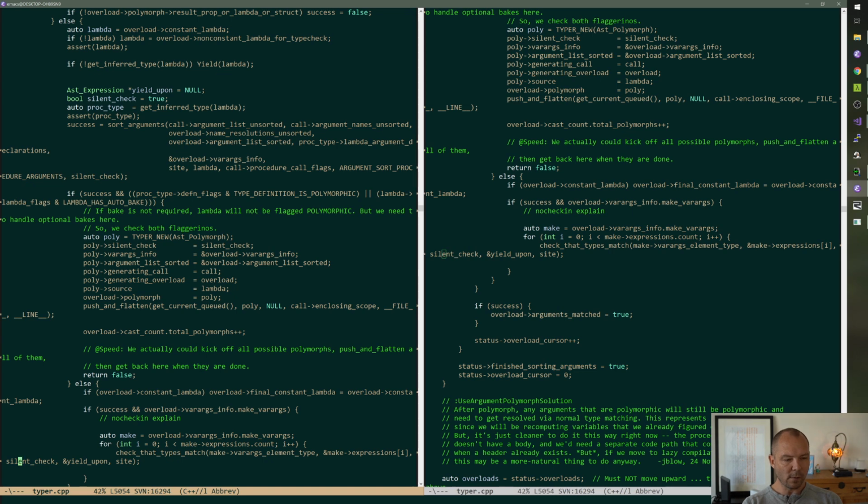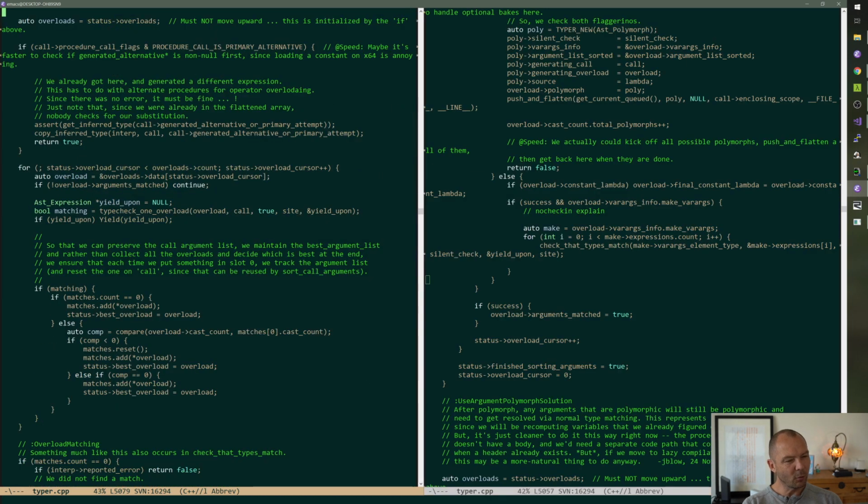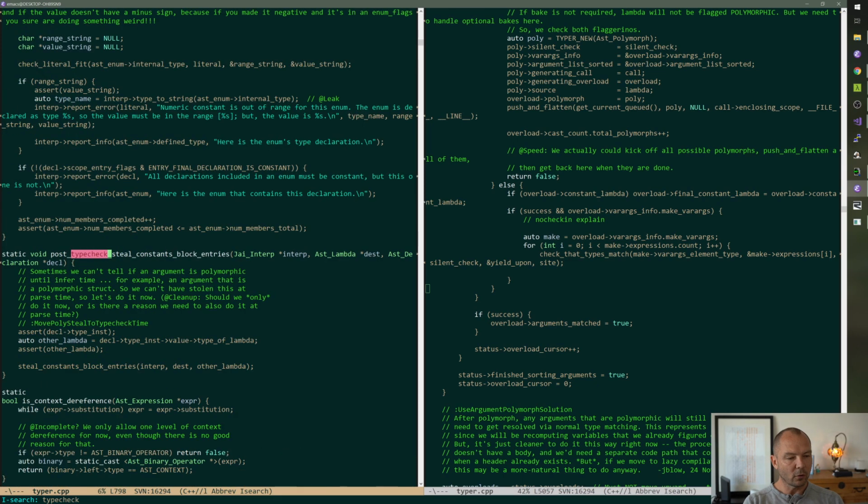We shouldn't do this here either, because we're not set up to yield here. We could. It wouldn't be the worst. But I would kind of rather do it. I mean, okay, type. It should be actually in type check one overload.